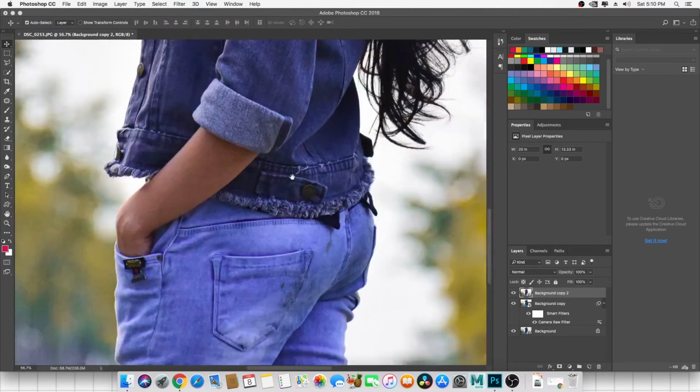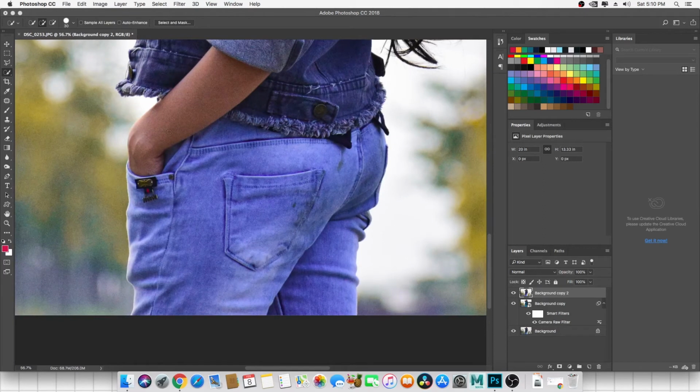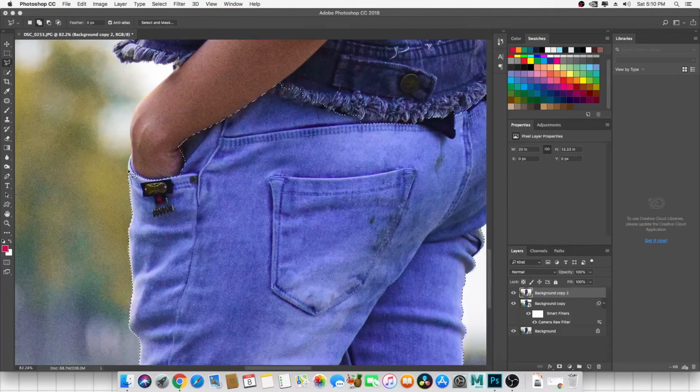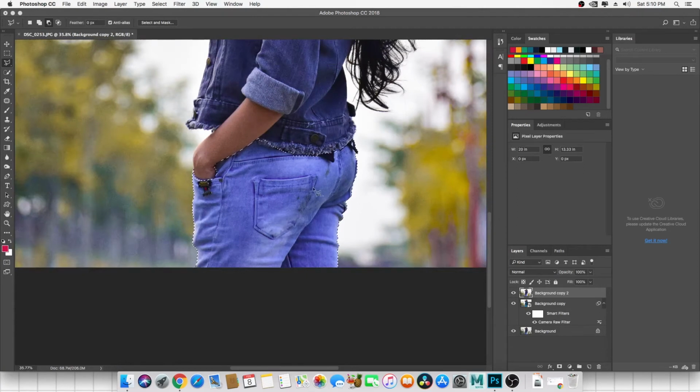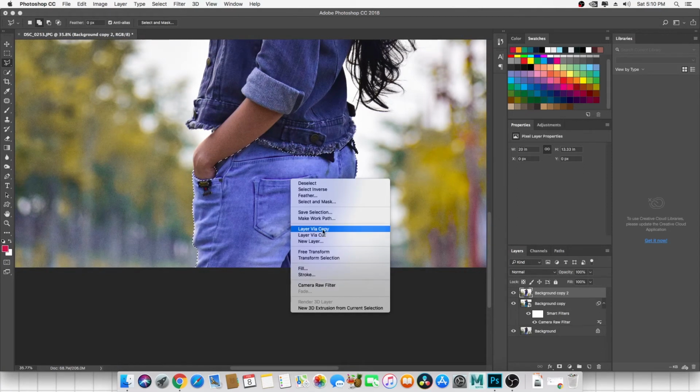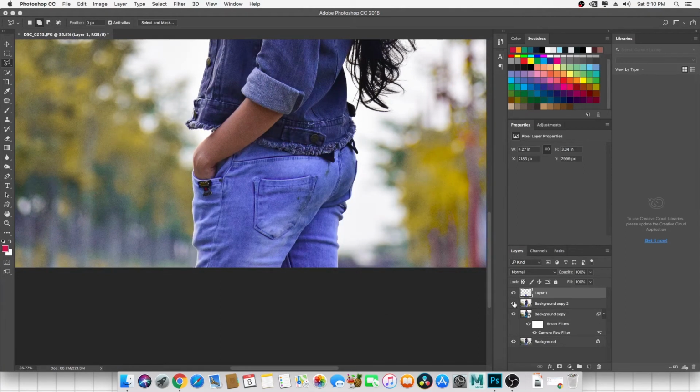And right now I'm going to select the jeans like that, and the detailing depends upon you, how much detailing you want. If you want so much detailing, you can do it with the pen tool also, but I think this is okay to me. There is a corner, I can select it too. Fine. Okay, so now I'm going to right click and choose Layer via Copy, so I'm getting the pants only.